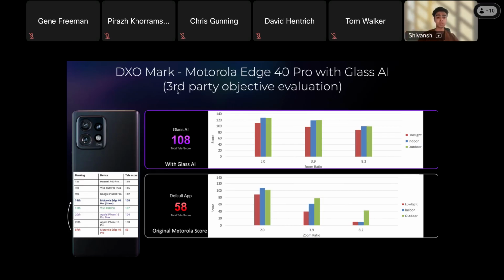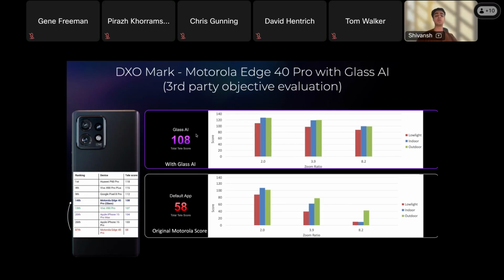What we did was we used the default camera app with one of the older Motorola phones. So we used their hardware, and then we just ran it with our own software, Glass AI software. These results are from like a year ago, but the idea still remains the same.